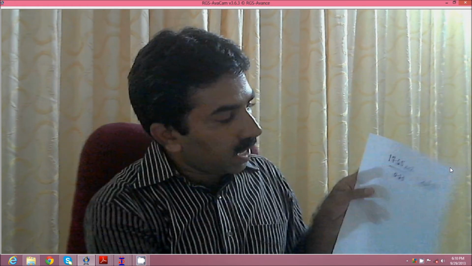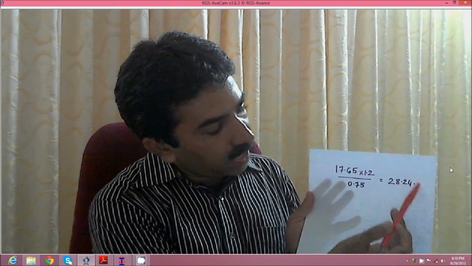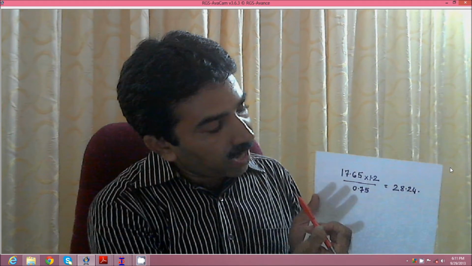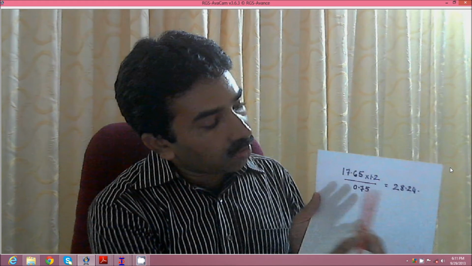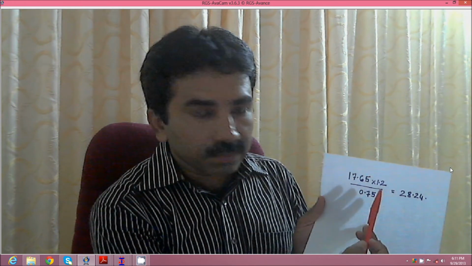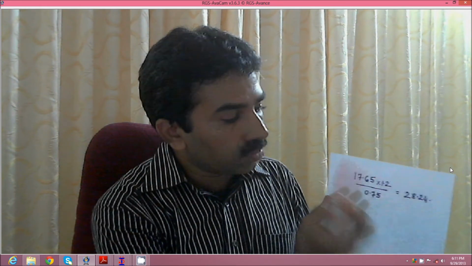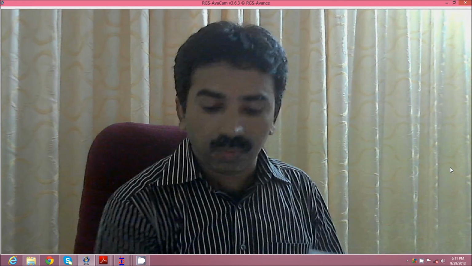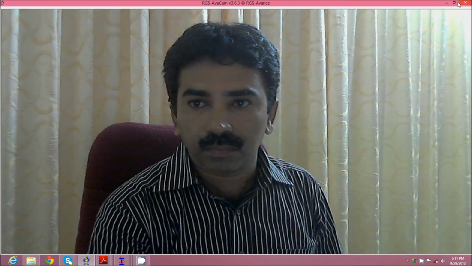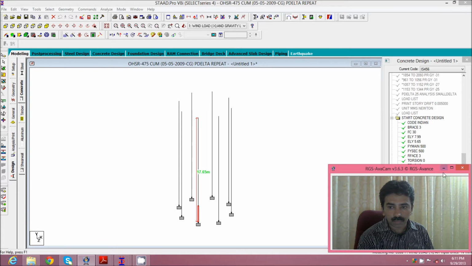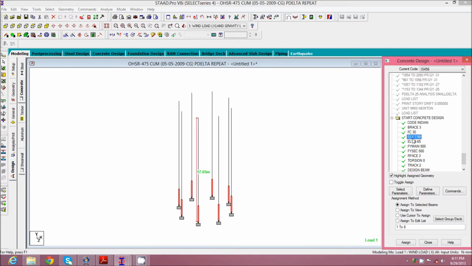So this 28.24, we have to match in our analysis, or we have to make the system understand that 28.24 is our slenderness ratio, and let's see how we are able to get that value. For that purpose, if we see here, we have defined ELY as 7.99. Here, for these particular columns, we are defining the ELY as 7.99.